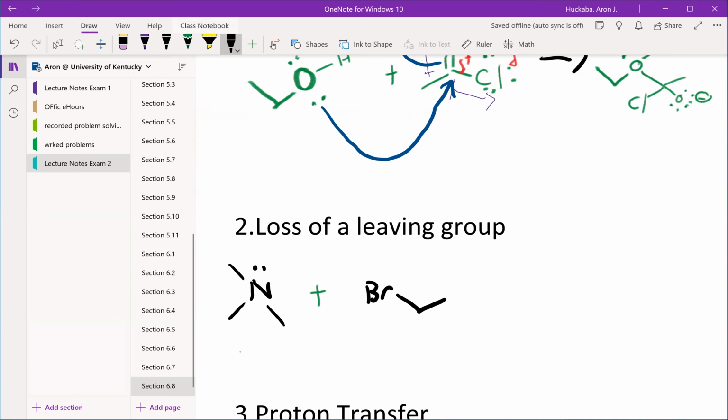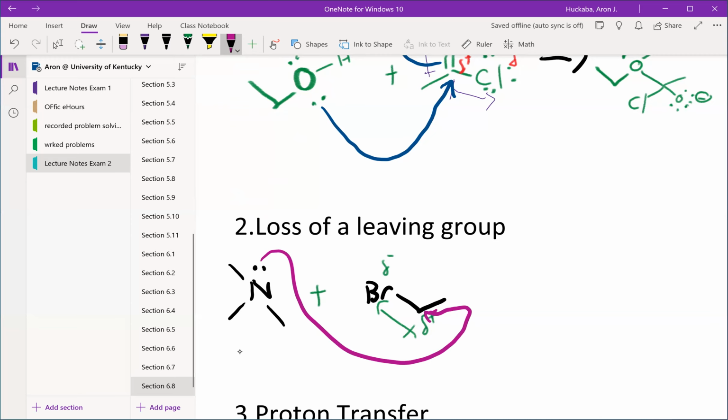And like we said before, the bromide has a partial negative charge, because there's a dipole pulling away the electron density from the carbon that now has a partial positive charge. And because of this partial positive charge, it's a good electrophile for the lone pair on the nitrogen